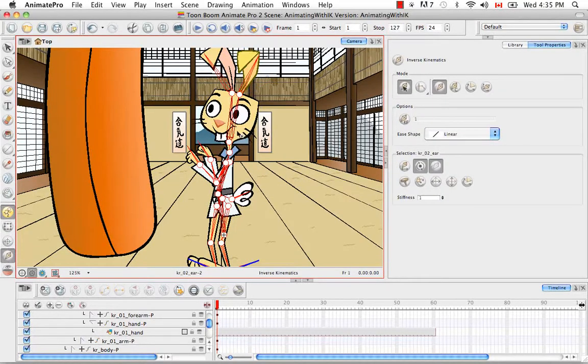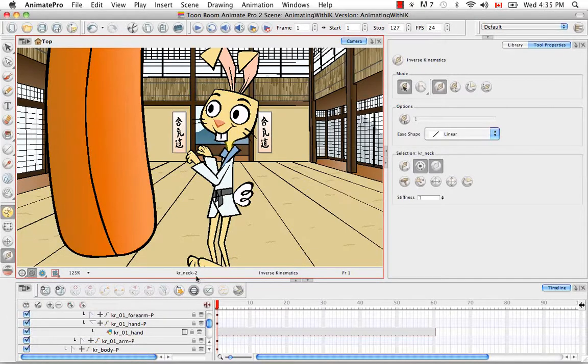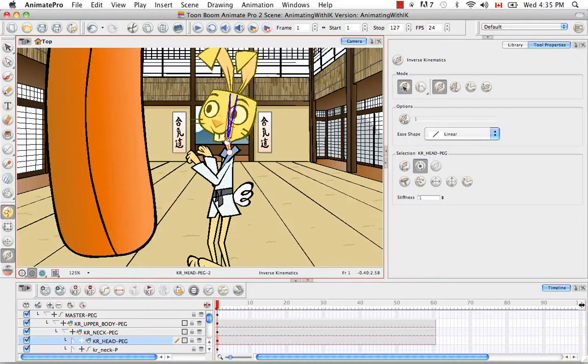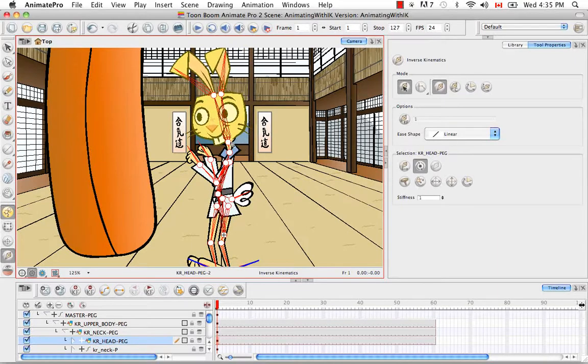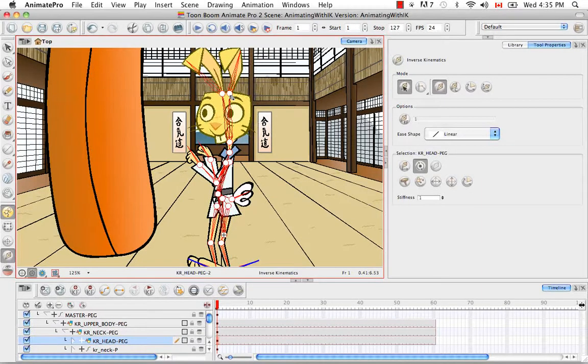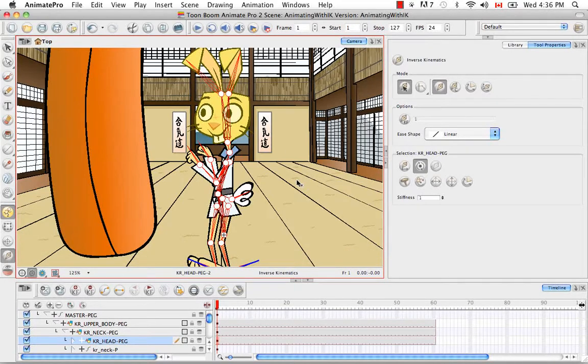And then going back to the IK, I'm going to select the head. Actually, I think I have to select the neck. A bit like that. Rotate it a bit more. Kind of like that. And we haven't done much with the expressions, so I'm just going to